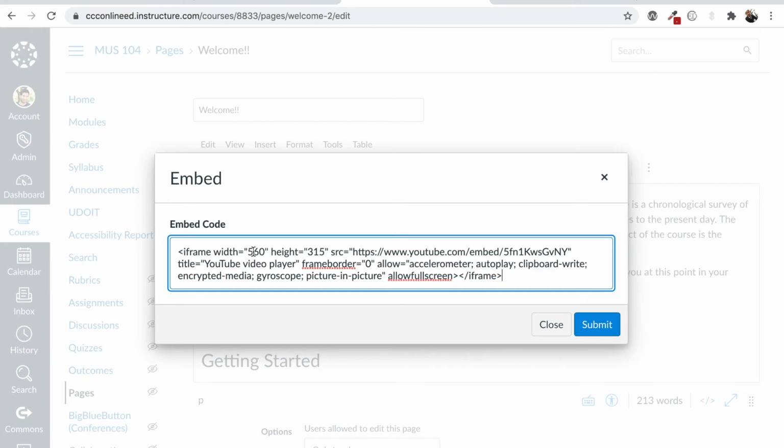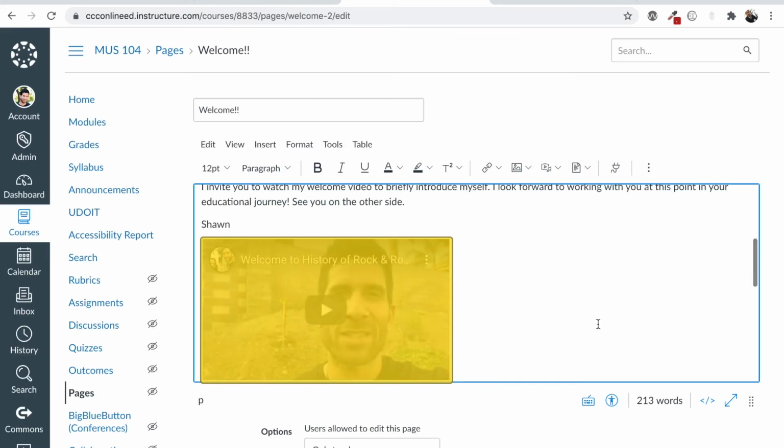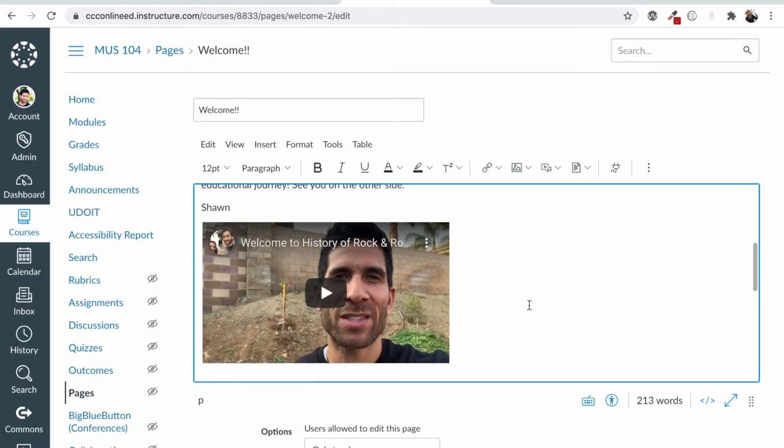So for the width, 560 and the height 315, I actually retain this ratio, but I reduce it to 400 by 225. And you may ask why. Let me go ahead and submit here. And the reason being is because as I'm designing, I'm also keeping in mind the mobile app. So in the mobile app, in my experience, the 400 width sits really nicely on something like an iPhone.